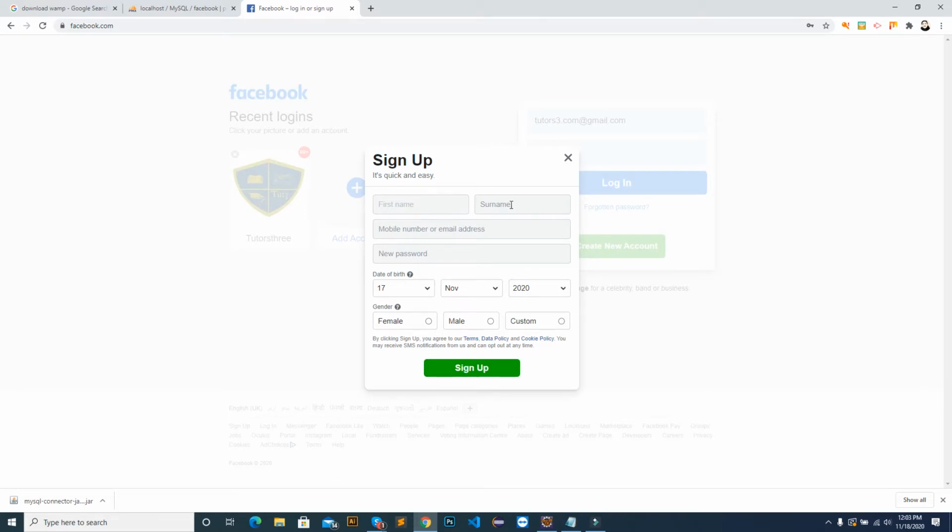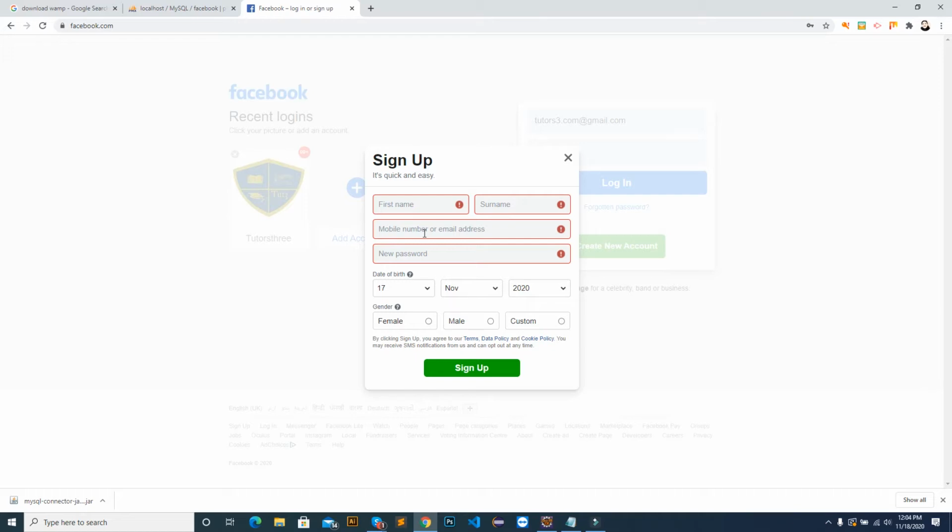There is a first name, a last name, a mobile number, so you count these. First name is 1, this is 2, this is 3, this is 4, new password, then 5 date of birth, 6 gender. So there are 6 data fields, and we have to insert this data into the database.